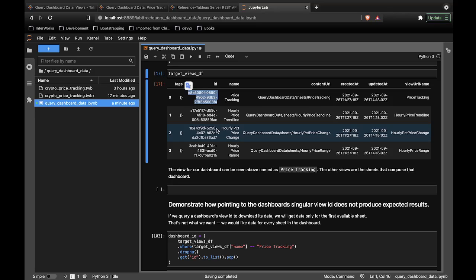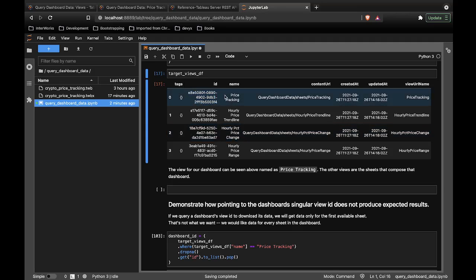Sometimes what it does is it finds the first view ID available in the dashboard and then just returns data for that view, which is a problem if you have like 10 views or 3 views like we have in this case. You don't just want data for one of those views. When you're downloading that dashboard's data, you think that you're going to get all the data represented in that dashboard. Now the reality is you're not going to get that all in some kind of consolidated table format,